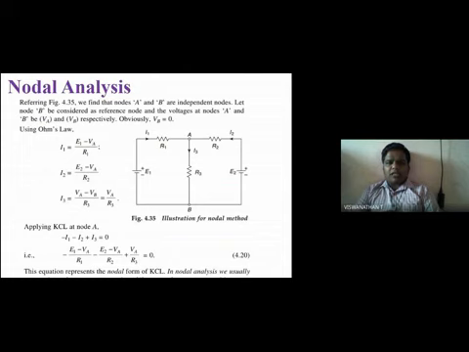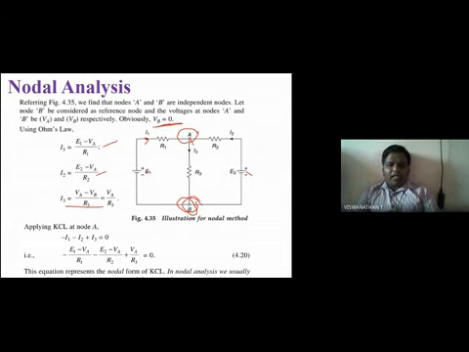Suppose we consider this circuit. Here we are considering A as a node and B as a node. As per our definition, we take B as the reference node, VB as the reference node. That's why we put 0. So I need to write the equation. Here current is entering, so (E1 minus VA) divided by R1. Here also current is entering, so (E2 minus VA) divided by R2. I3 is (VA minus VB), and straight away VB is equal to 0, so VA divided by R3.